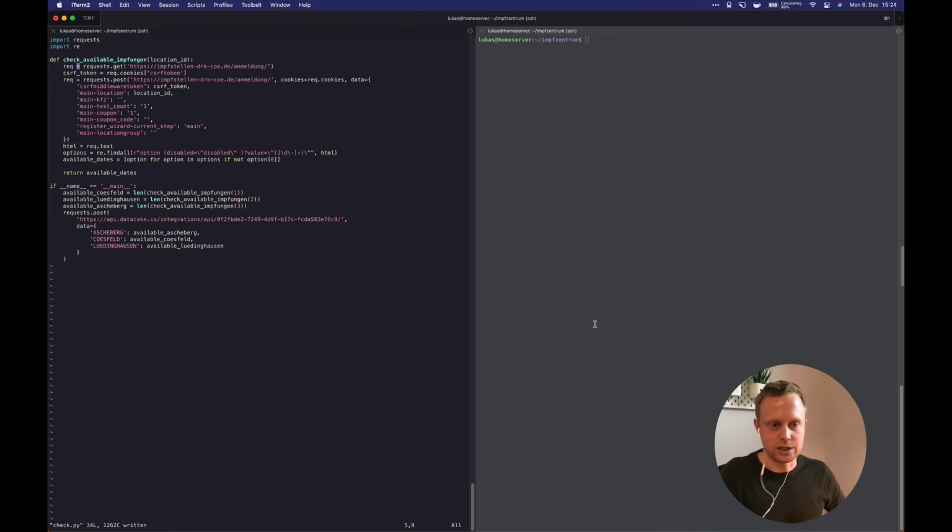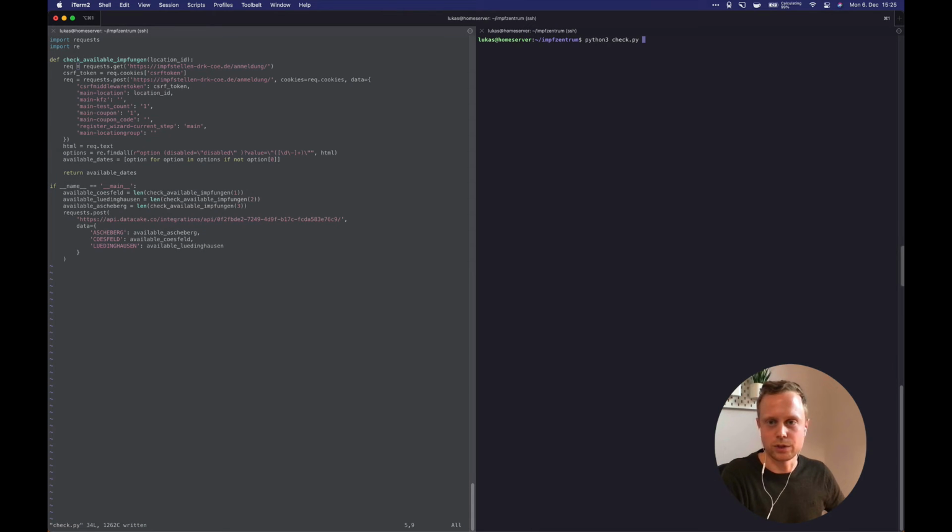Then again, in my script, first I'm fetching the data for all 3 cities, and then I'm doing the post to the URL that was shown in the configuration, and basically supplying the data here, which is then transmitted not as JSON but as a form request. So yeah, pretty simple script. And if I run this,